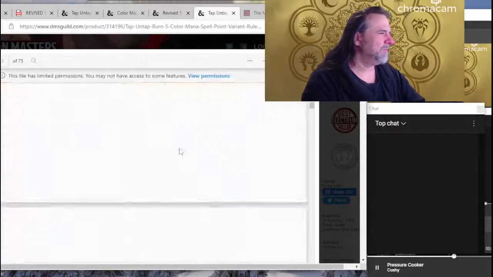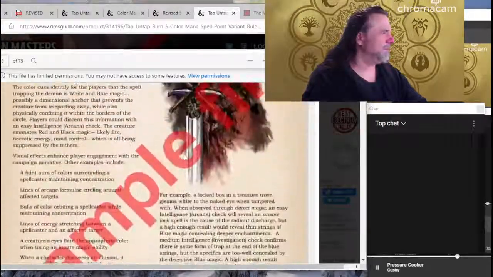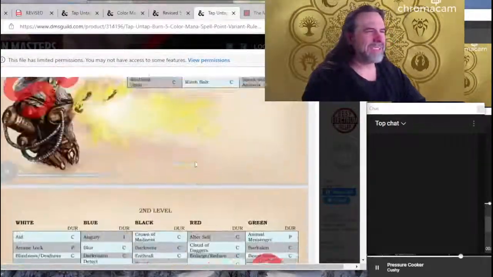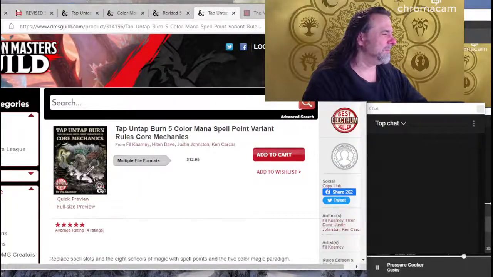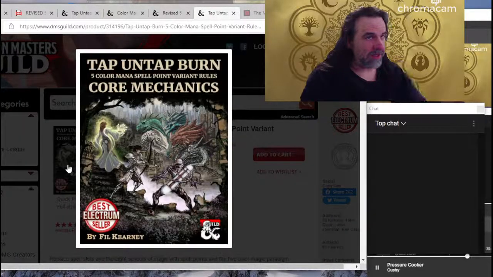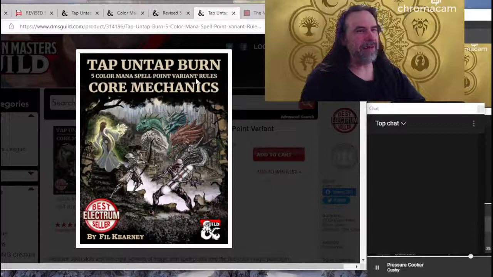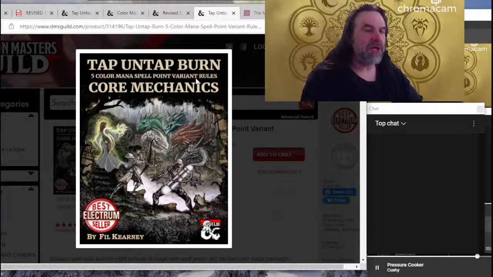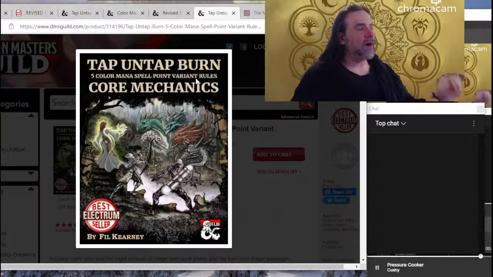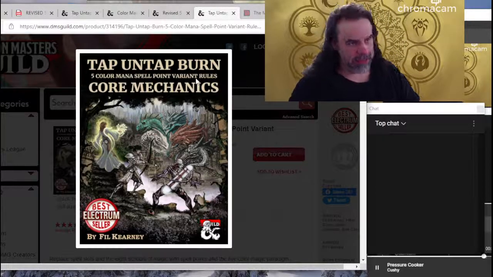The entire book here is for you to look at, so you know what it is that you'd be getting into if you choose to. But if you just flip through these books, you're going to see that these supplements try to look at Dungeons and Dragons from Magic the Gathering's perspective.